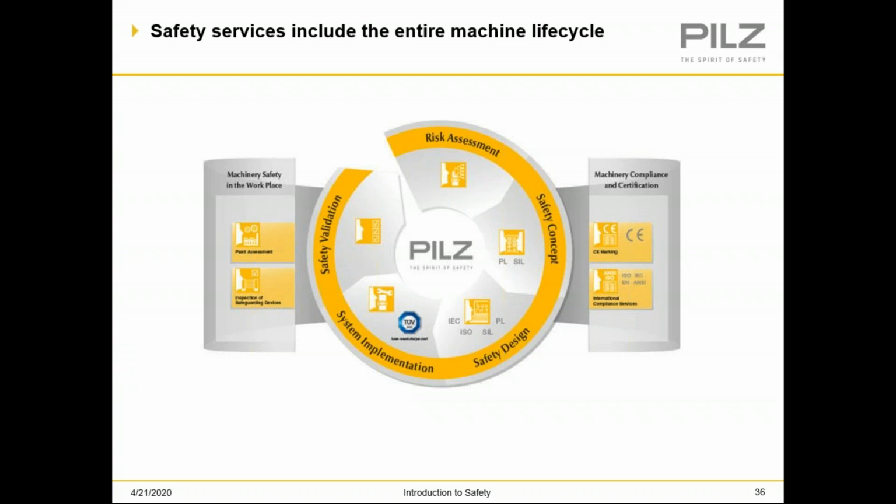In addition to that, we do some other services. We do CE marking. If you need a machine that's going to go to Europe, it's got to be CE marked, and we can handle that for you. We do all sorts of assessments. We do NR12 if it's going to Brazil. So our services group really offers a lot.